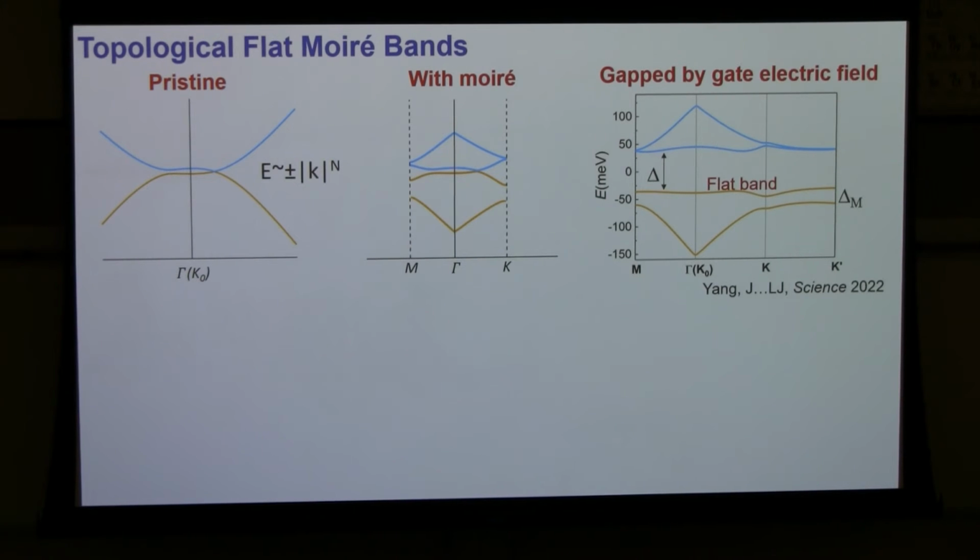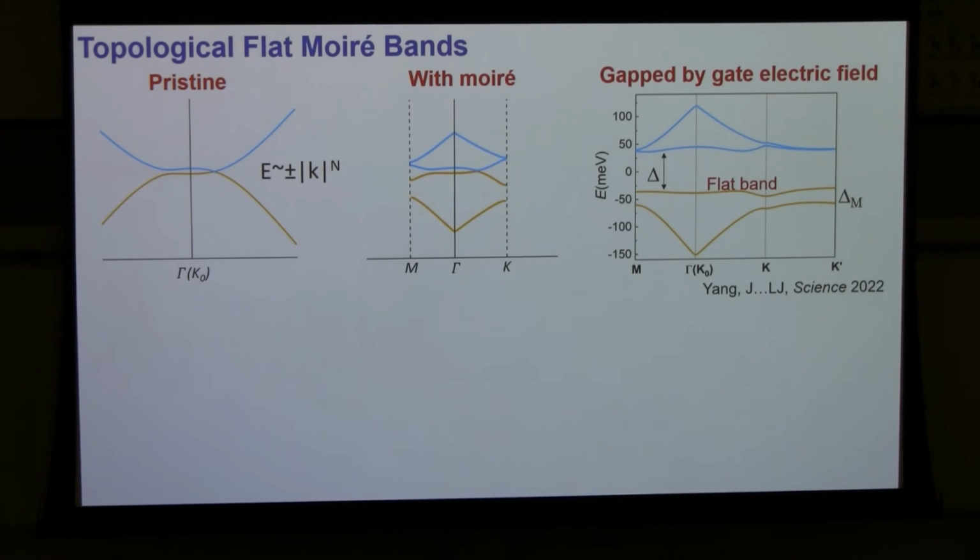Well, then you sort of cut out a flat part of it, but then maybe it's still not flat enough and it's still entangled with the conduction band. The next thing you can do is to open up a gap by using the gate electric field. Now, does this band look like a lambda level? Well, somewhat, right? Somewhat flat, and you know there's big Berry curvature around the band edge. So this also has Chern number in it. So maybe this looks reasonably like a lambda level.